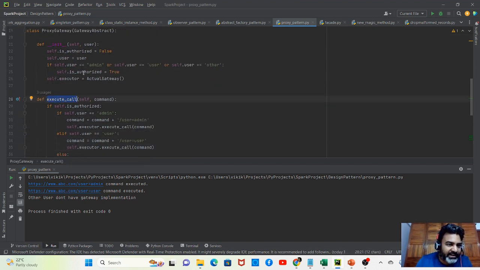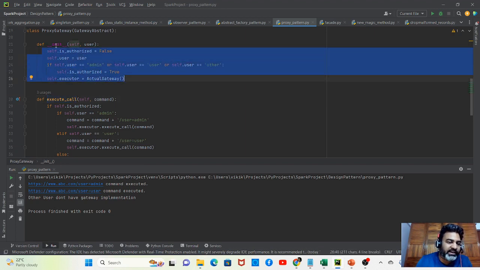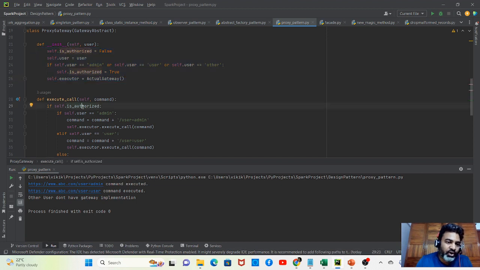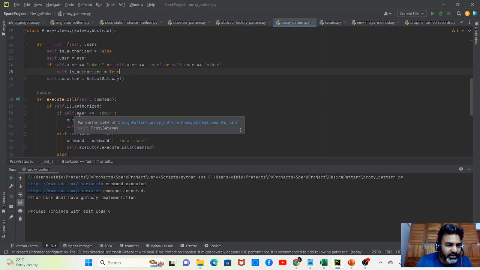So it says that in this constructor, it has already set isAuthorized to true. Why? Because we have the users like admin, user, and other. So isAuthorized is already true. Okay, so if it is true, then it checks whether the user which was passed to create the object